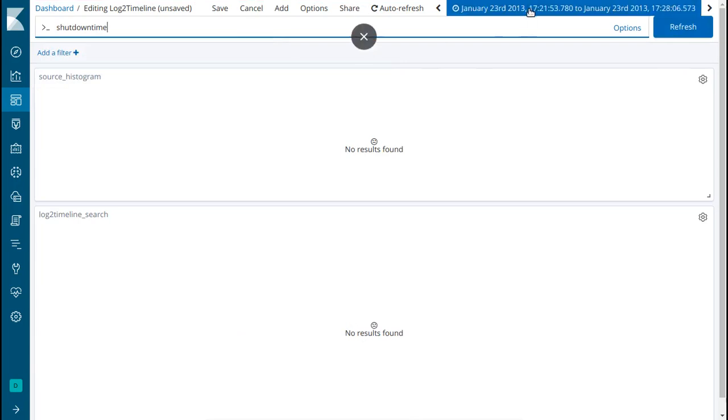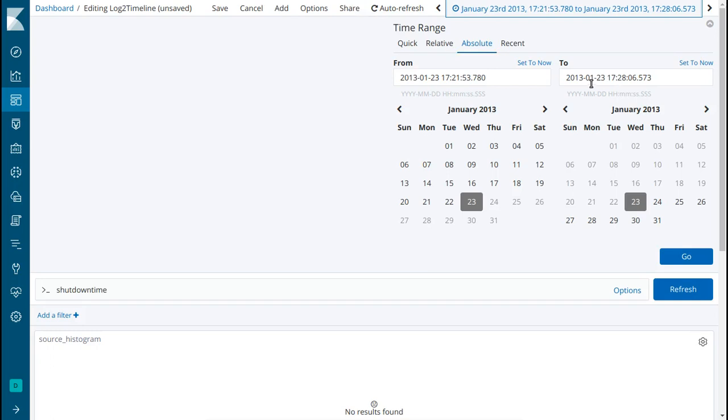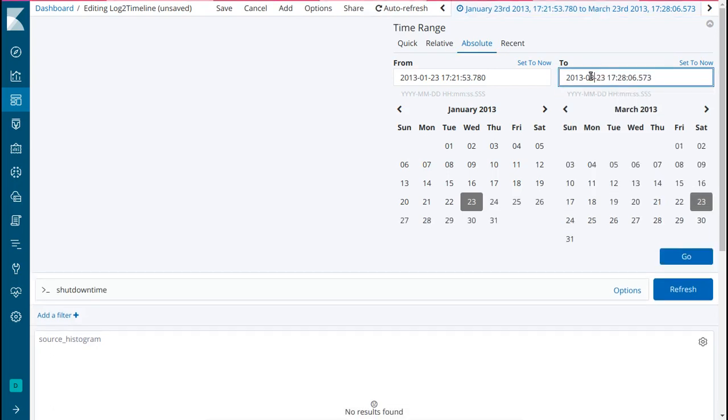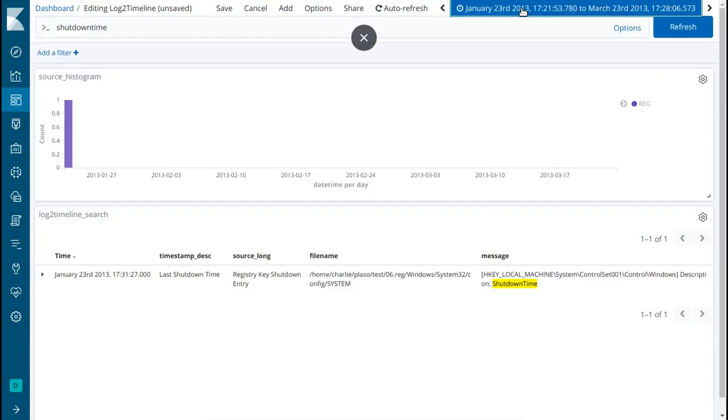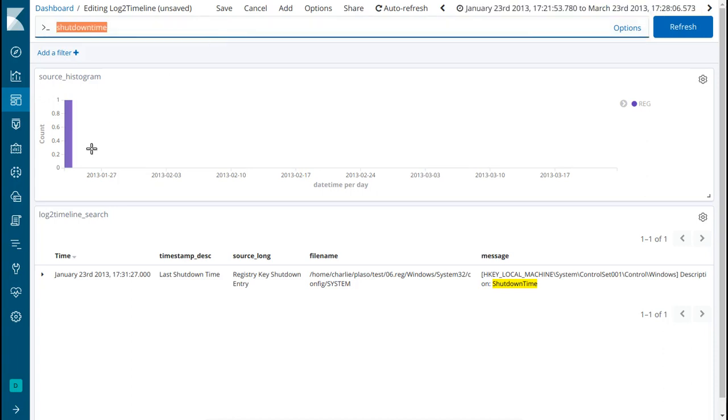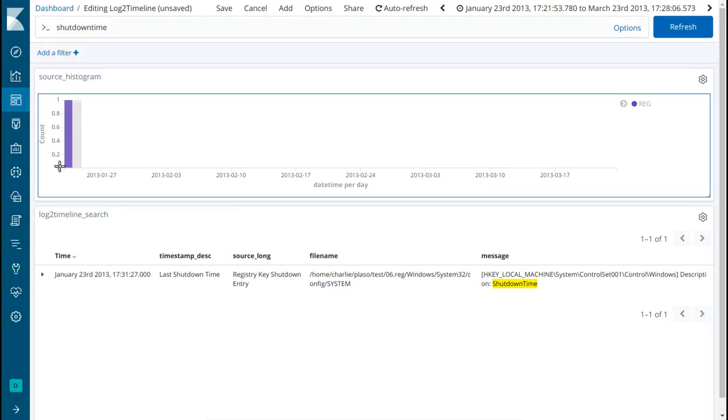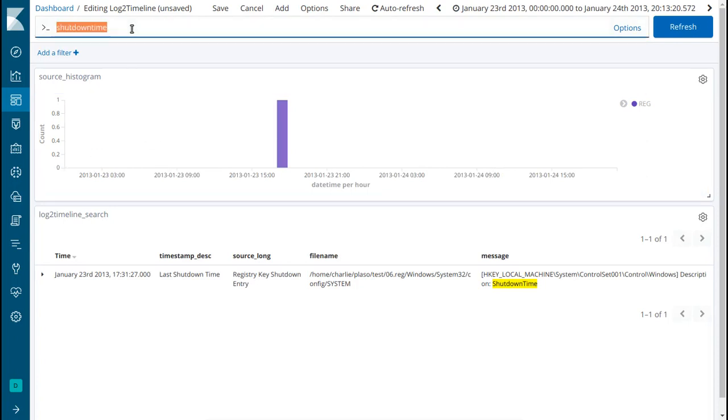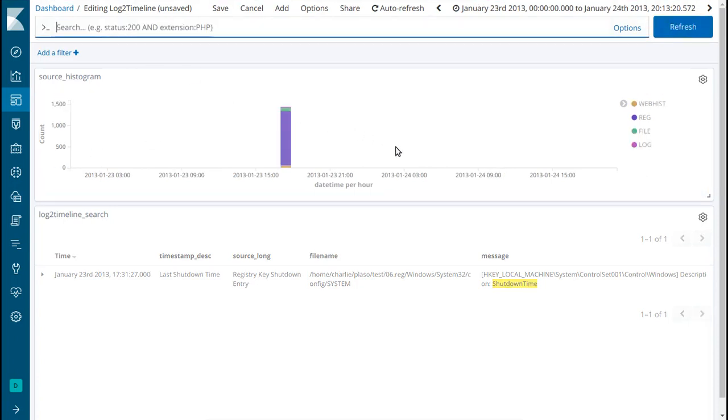Nothing. Oh yeah, I need to expand my time to go up to, let's go maybe 3, into March, click go, and click that, and there is one shutdown time. Okay, remember, if you don't put an asterisk, it's looking for this actual value. There might be other entries if you stick in a star there, and once you find that, you can get rid of this. You can just expand to around this time. Okay, expand around this time, and you can see lots of other things that happened once you get rid of your search term, and it comes up with